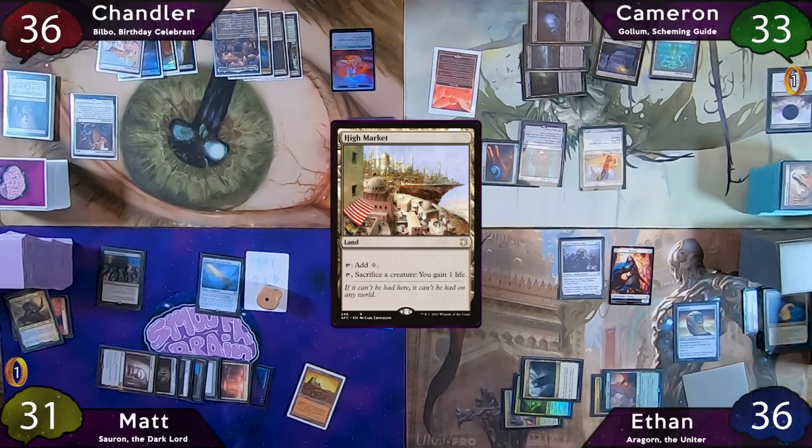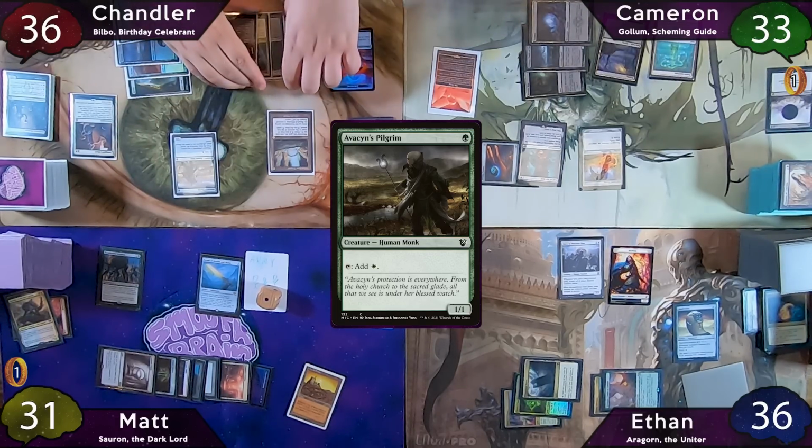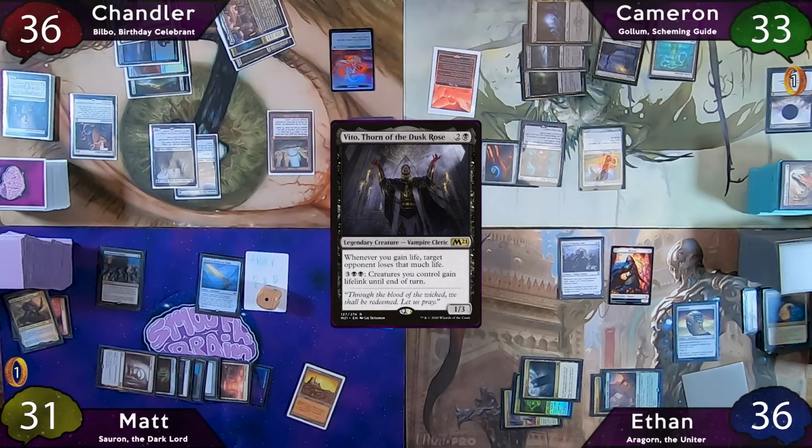With nothing left to do, Matt will pass the turn to Chandler, who starts off with a High Market as land for turn. Then he'll cast Well of Lost Dreams. After this, he'll cast Avacyn's Pilgrim, and then Veto, and he's now hellbent, so he'll pass the turn to Cameron,